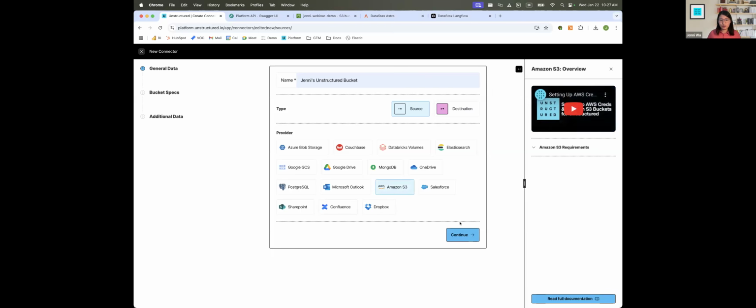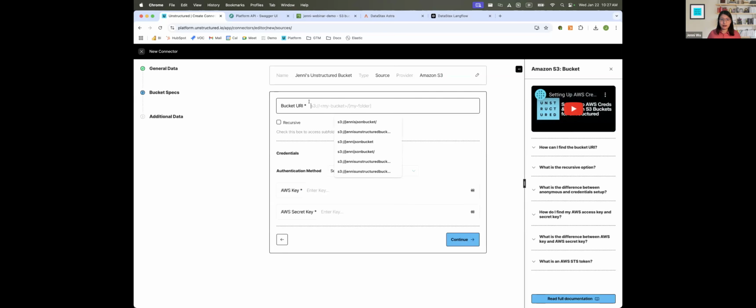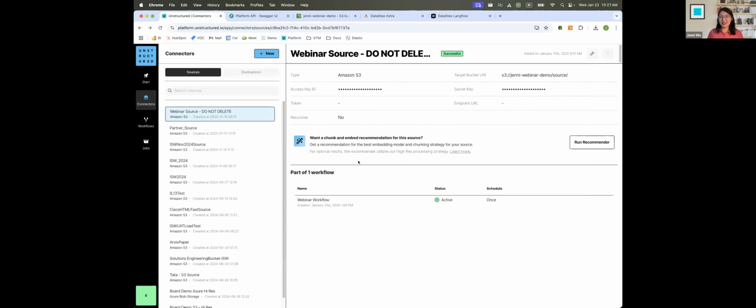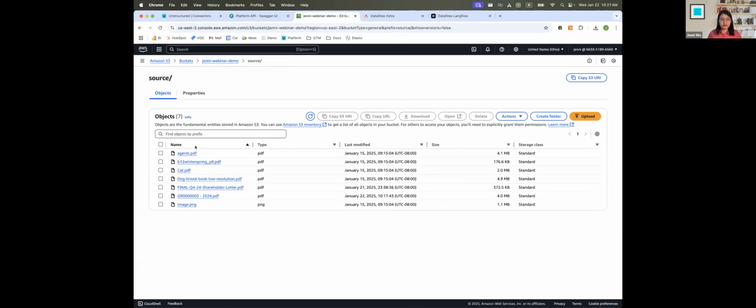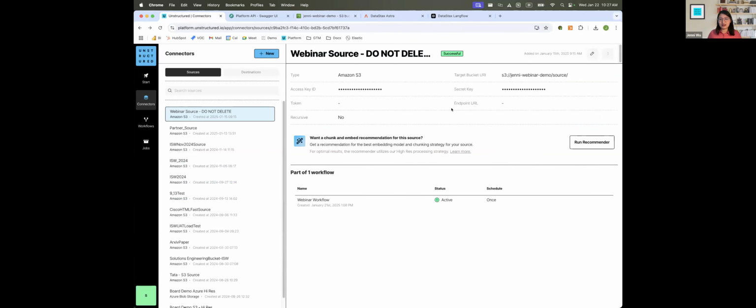If I wanted to create an S3 bucket, I would give it my bucket URI, and then provide my authentication. I'm not going to do this on the webinar, given that it's recorded and I don't want to give away my access keys to everyone. But I've already set up my S3 bucket with source files that are all living in here. And I've validated that Unstructured can go and read from source.